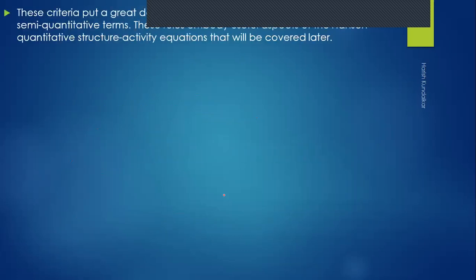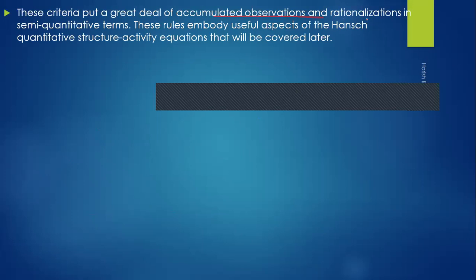Okay, and these criteria, when put together, have accumulated observations and rationalizations in semi-quantitative terms, and these rules embody useful aspects of Hansch's quantitative structure activity relationship, which will be covered later in our topic under computer aided drug design or molecular modeling. Right now we are talking of Lipinski's rule of five, but after Lipinski's rule of five, there was another researcher called Hansch who went on to study another set of